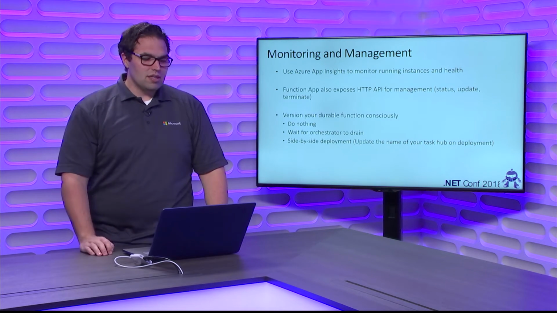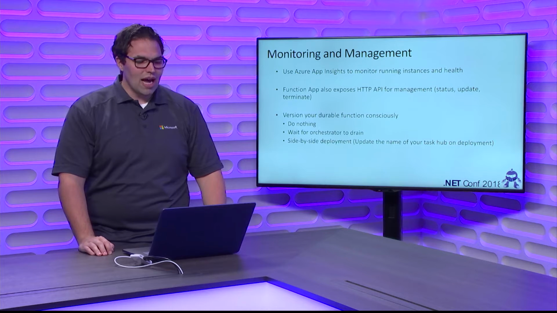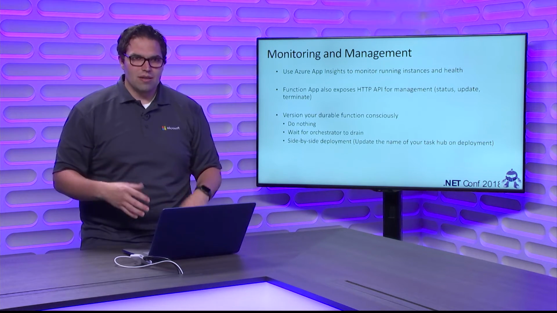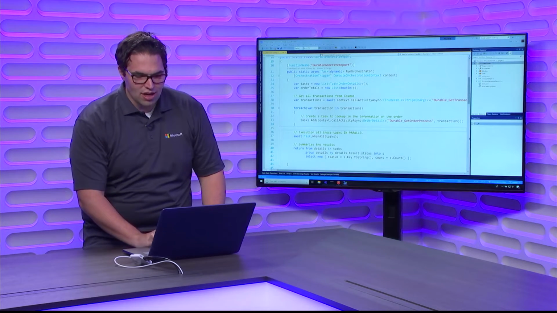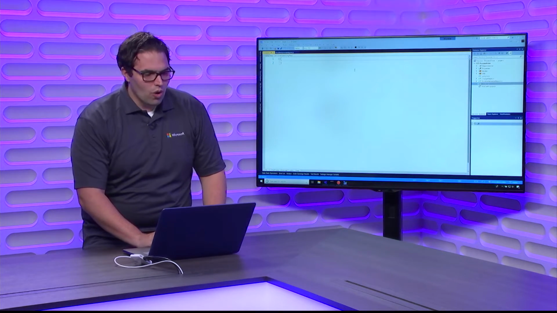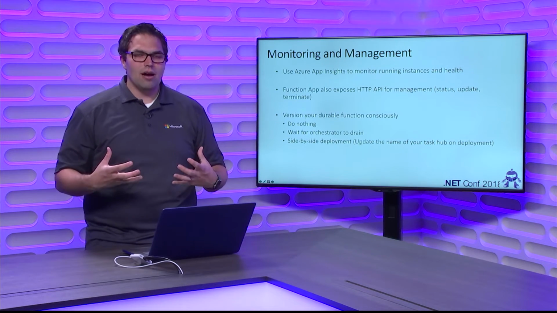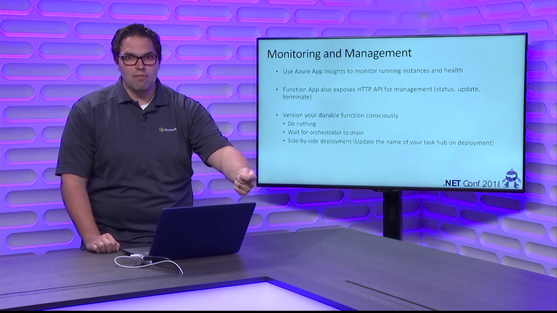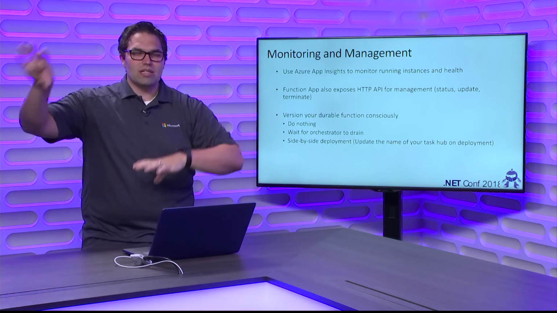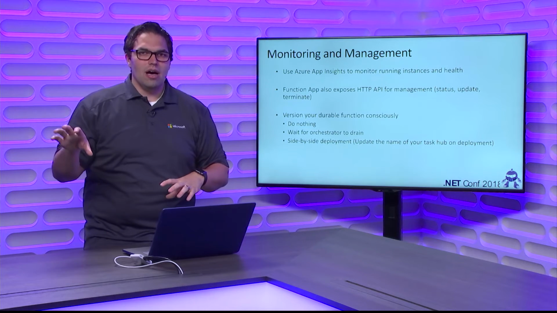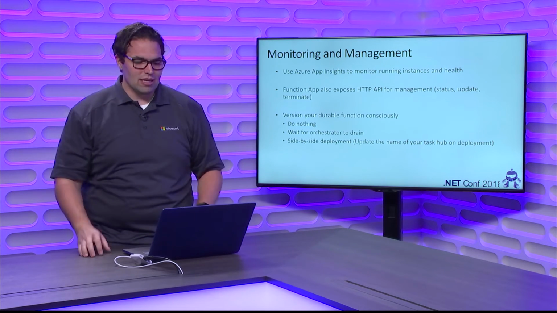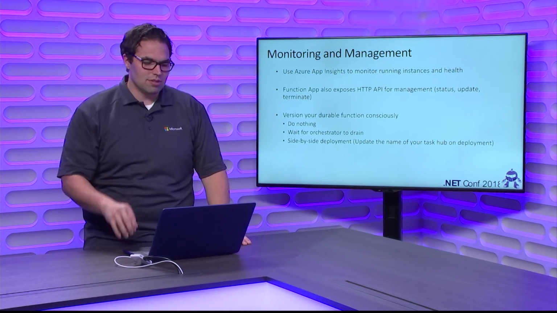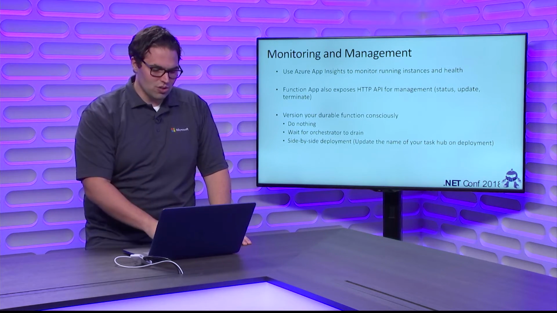But the third one is the recommended way. There's actually a way to do side-by-side deployments. So there's a way in your durable functions project, it's actually from this host.json file that I didn't go into yet, where I can give my task hub a unique name. So if I publish a new version of my function, I could actually give it a new name for a new task hub, and then it will create new execution histories for new instances, and that task hub would be running independent of my other one, as long as the code's still available for the other task hub. So you might need to rename some things there too. Again, this is all in Docs as well.